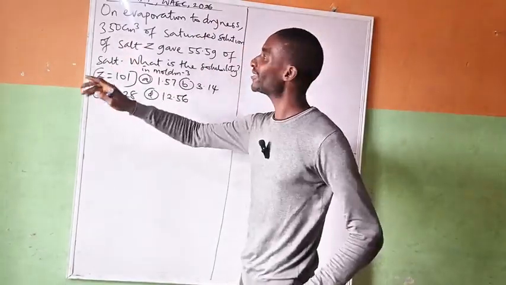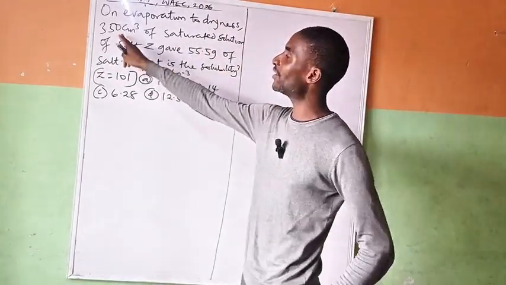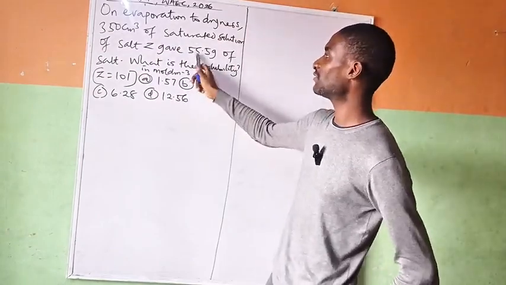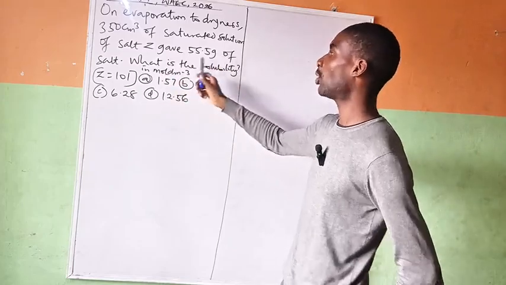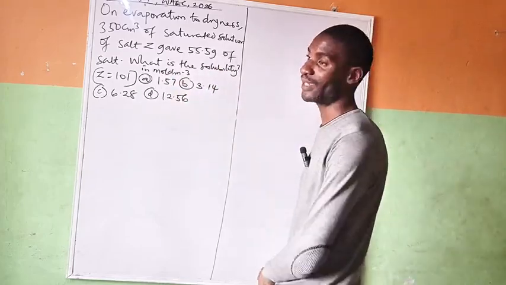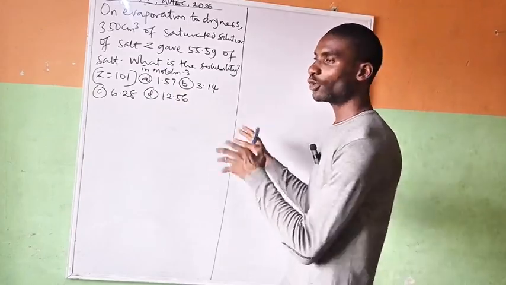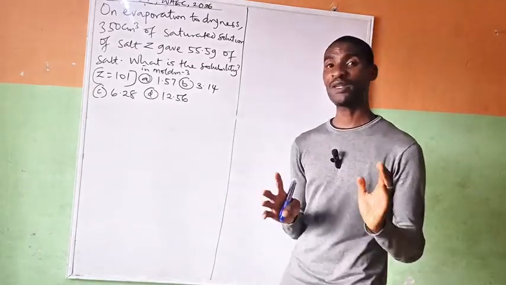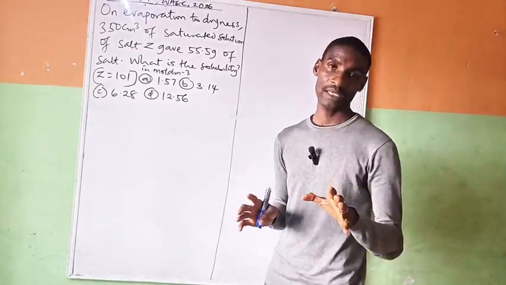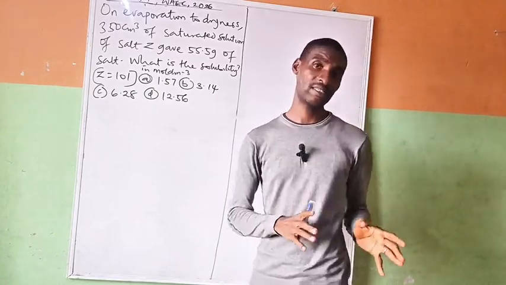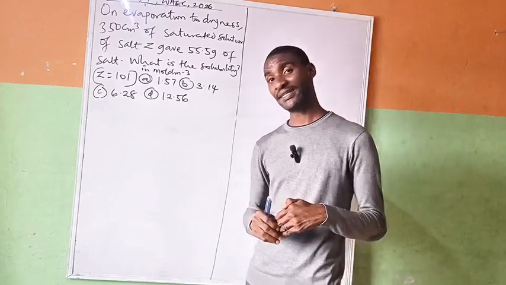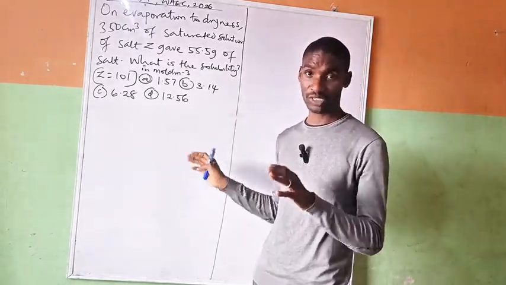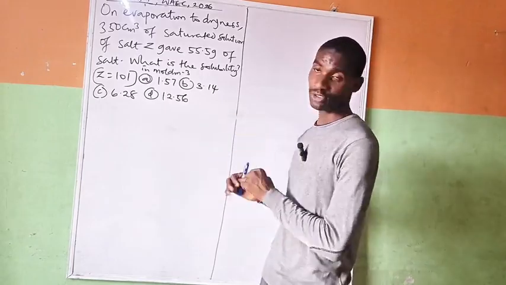This question says, on evaporation to dryness, 350 cm³ of saturated solution of salt Z gave 55.5 grams of salt. What is the solubility in mole per dm³? So this topic is solubility. And basically, solubility can be defined in 3 ways. I've done a complete video on solubility. I will also drop the link in the description of this video. But so as not to take time, I'll just give you a short formula